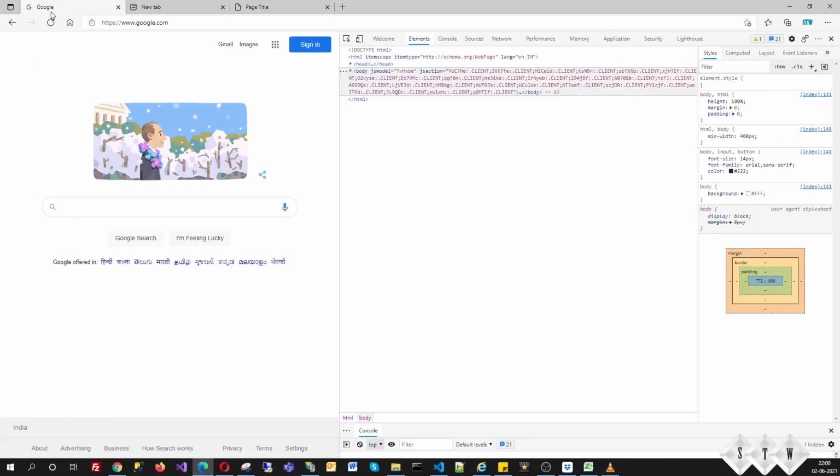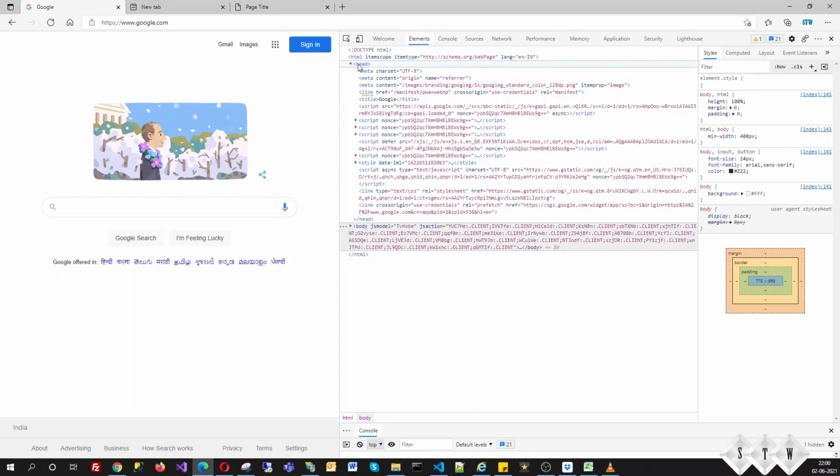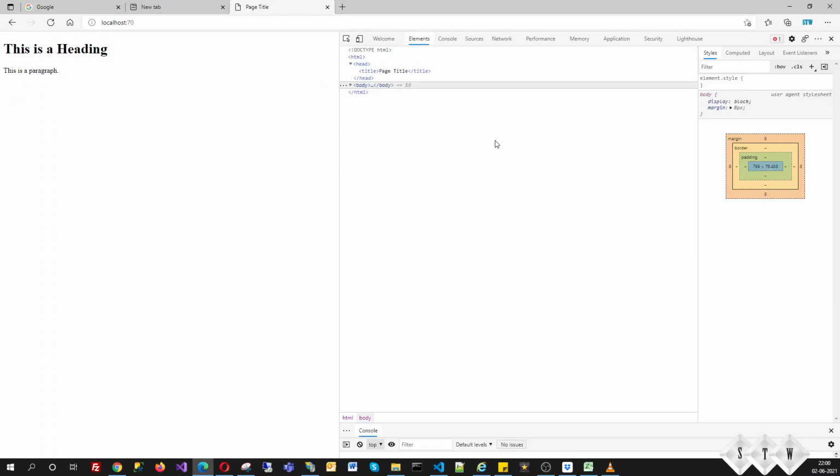If we check here under the head tag, we can see many elements, and those are related to the web page, like metadata, links, style sheets and JavaScript. But here you can't see anything because I haven't added anything extra related to the web page. But this is the basic structure required to create an HTML page. And let's see how we can create a web page using an editor.